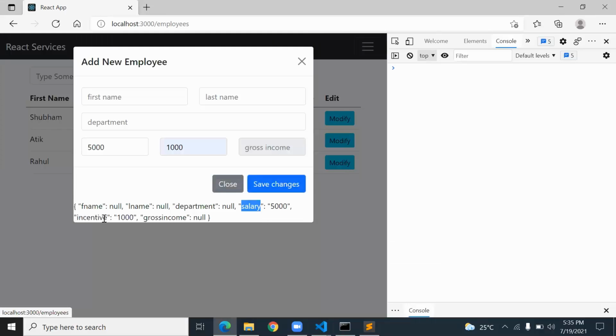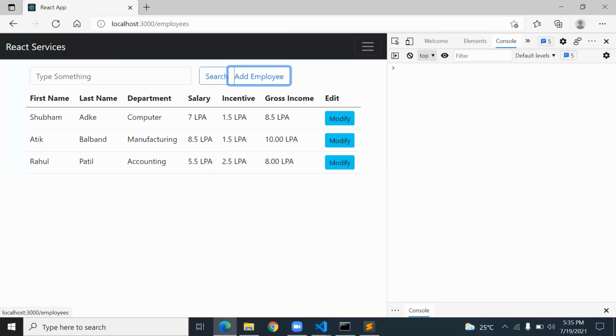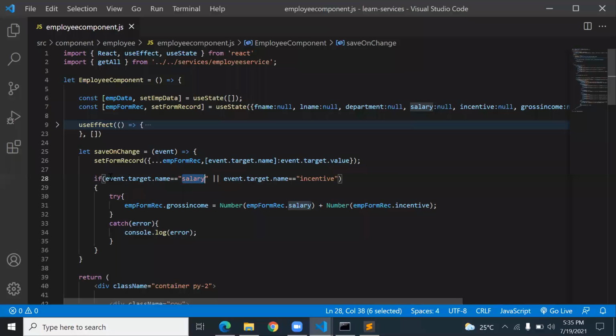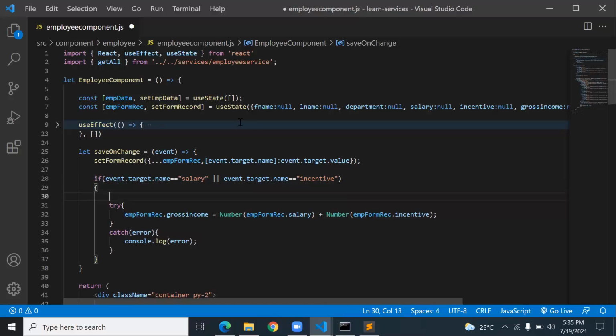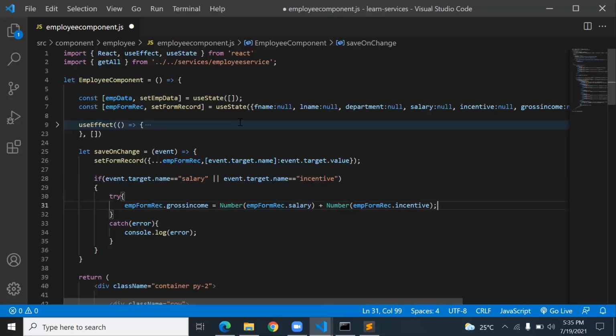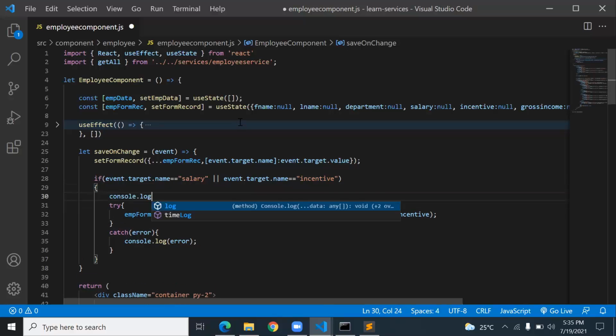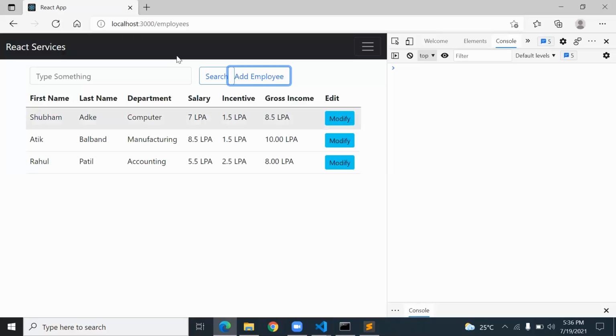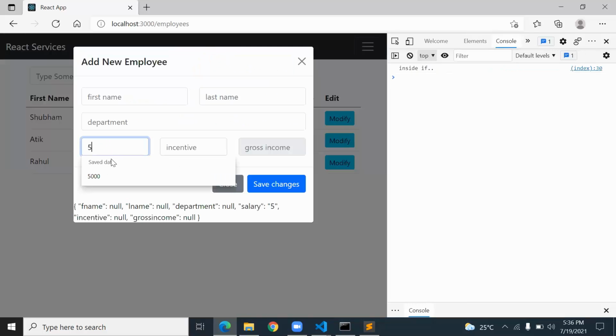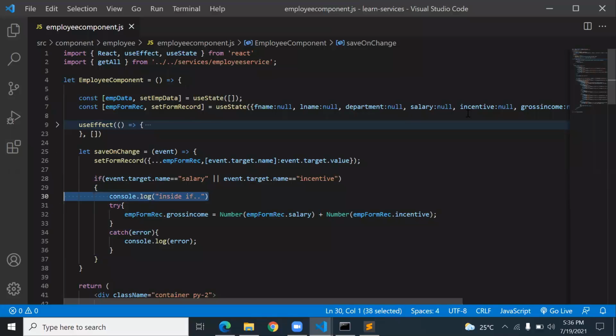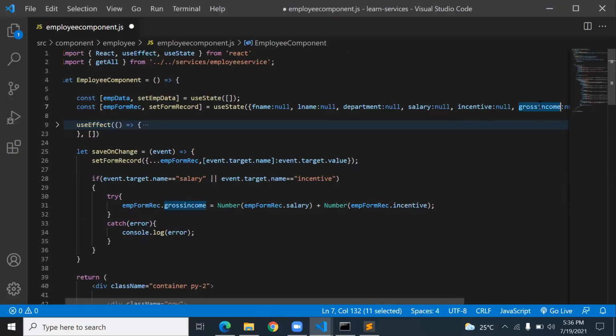The name property, salary, incentive. So it is in a state.